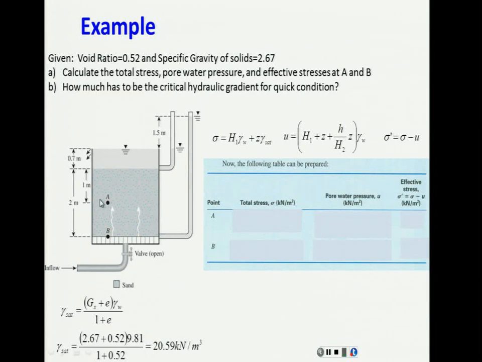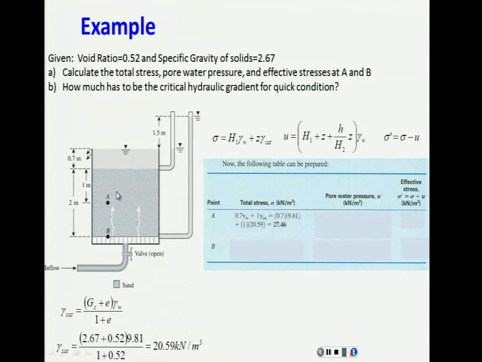What is the total stress at point A? Total stress at point A is going to be 0.7 times gamma of the water, this part, plus 1, that's the depth, multiplied by gamma saturated of the soil. At point B,